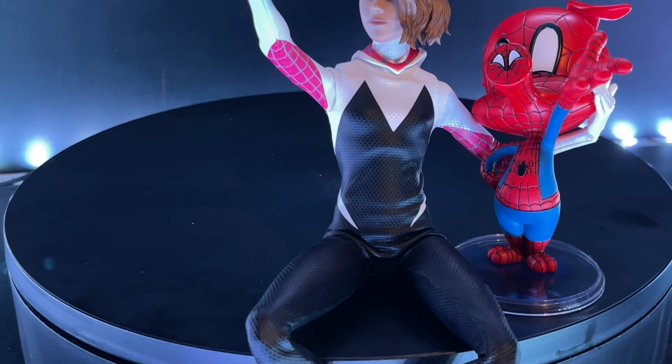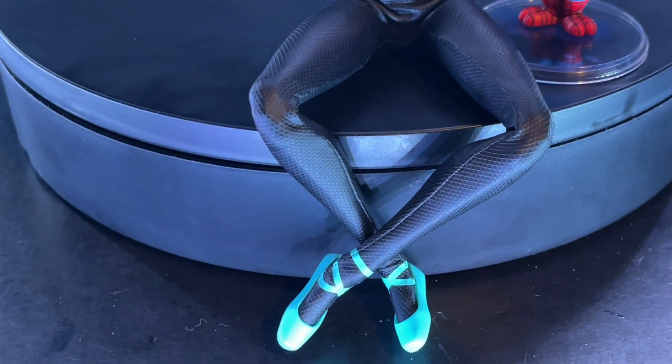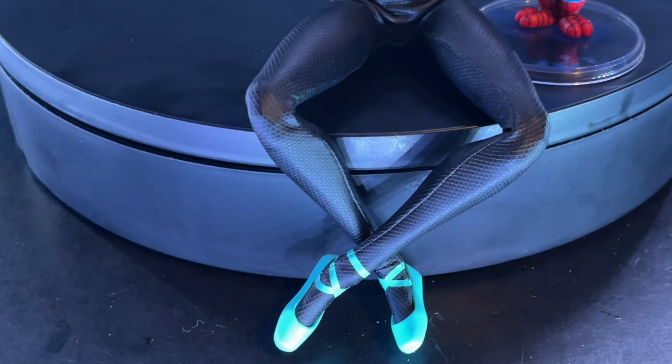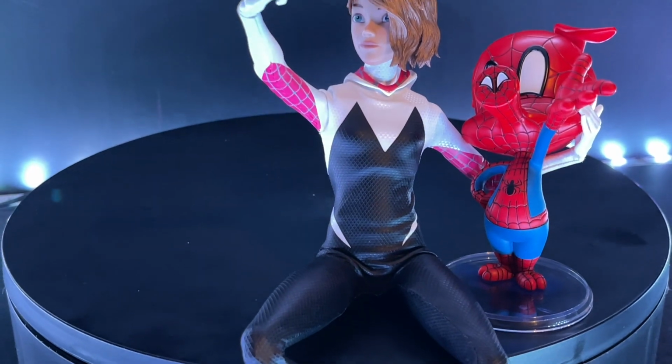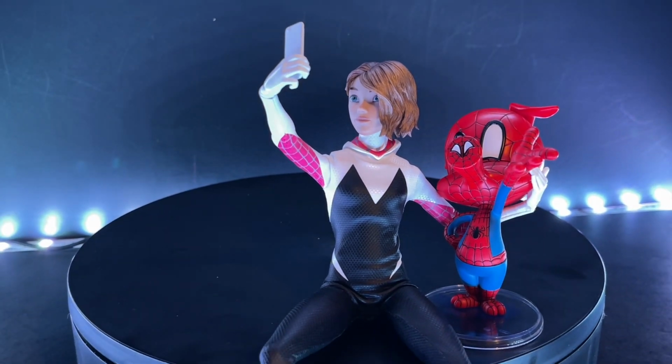You see, quite simple. Nice little pose. You can cross her legs, you can have her legs out. I did this because it positions the figure well enough. It sits really well on the platform, and it looks nice. So something I thought you can actually have fun with, so I just wanted to throw this little quick pose